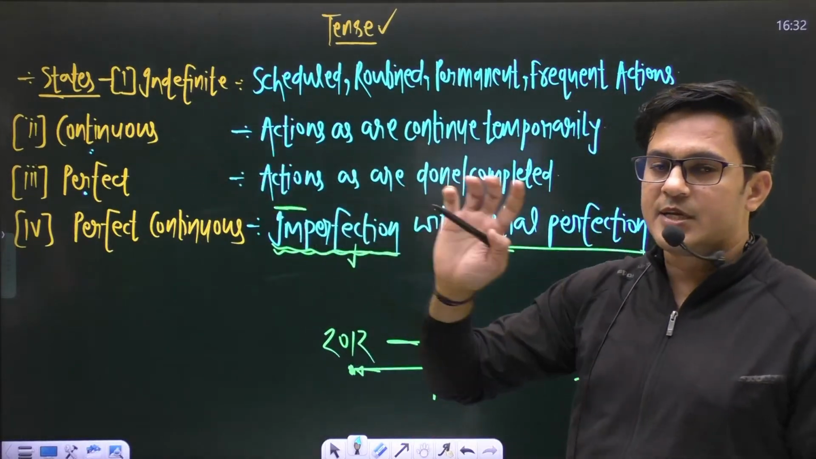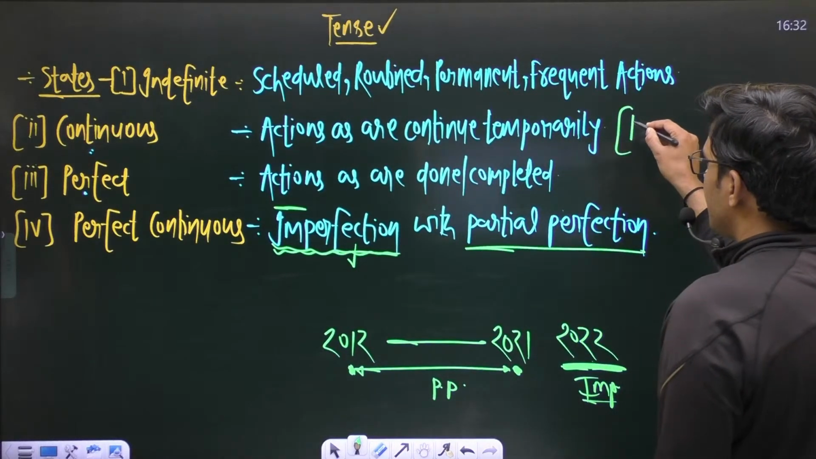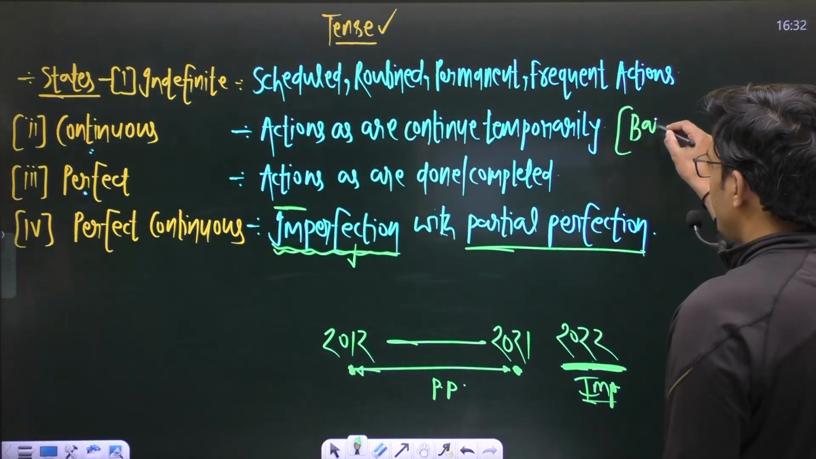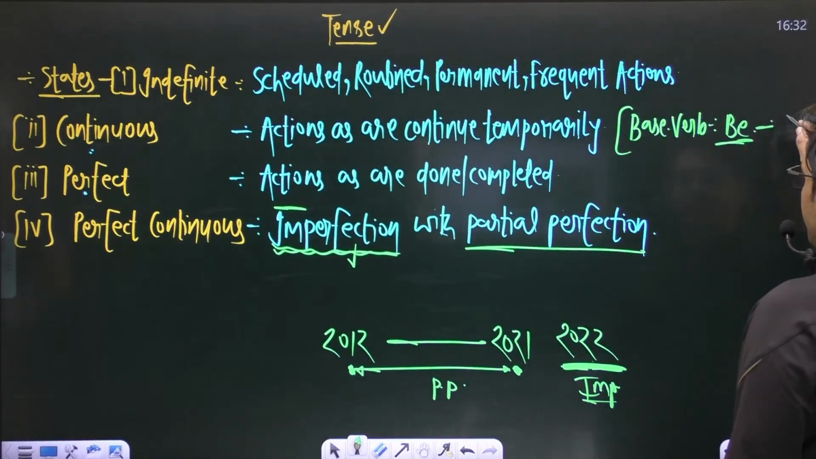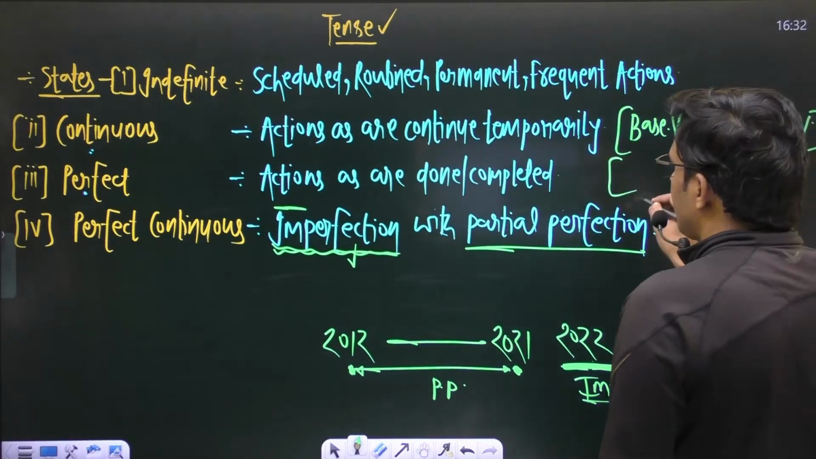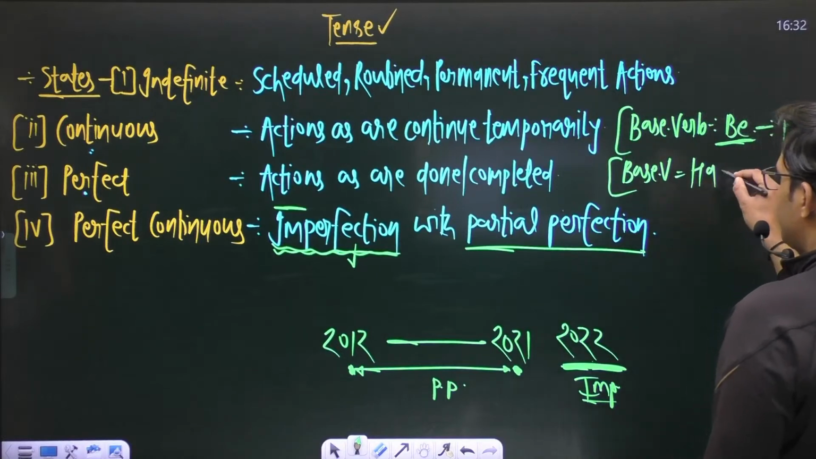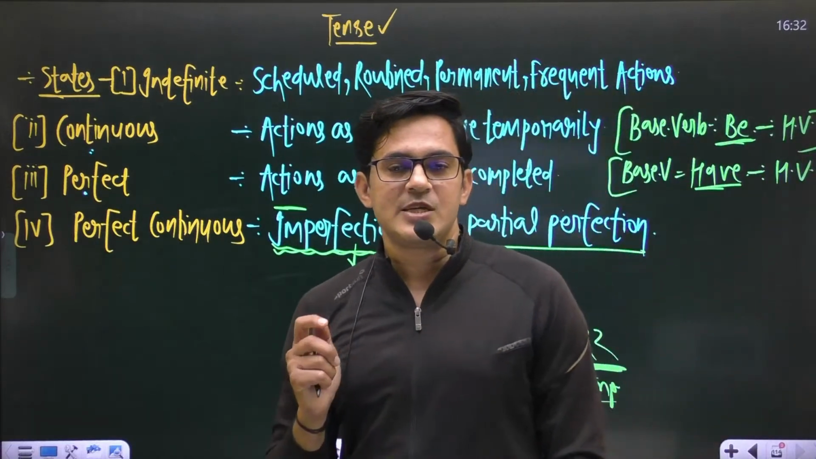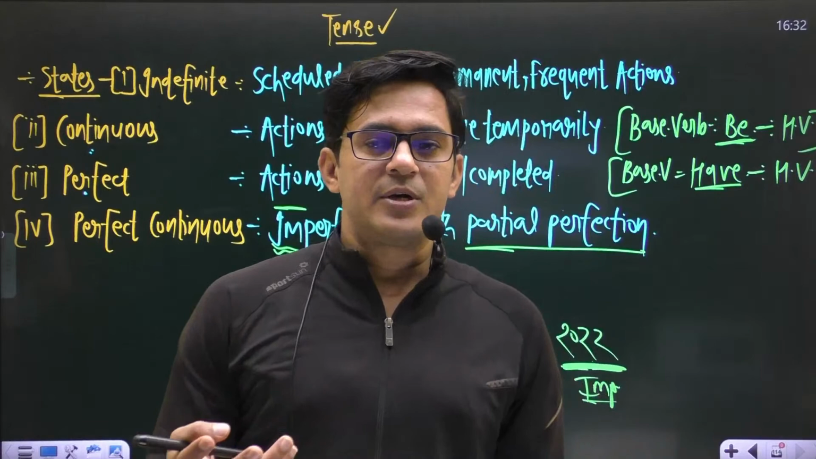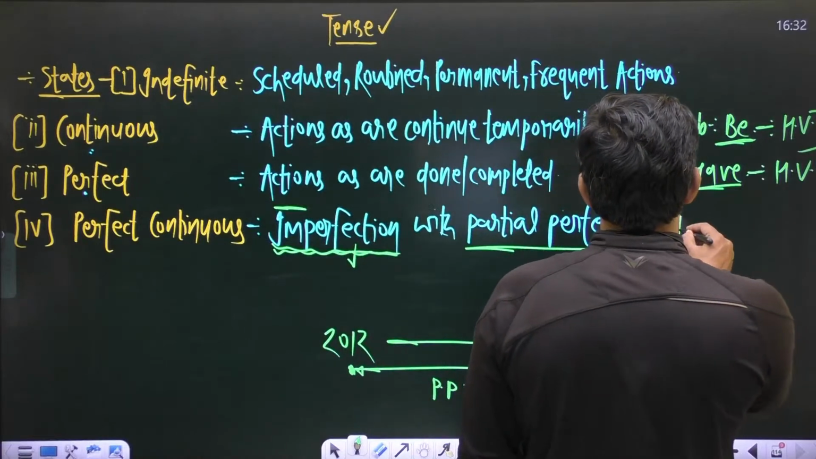we use the indefinite state. And one more thing, make sure whenever it comes to the continuous state, we use a base verb, and that base verb is be. This base verb is used as a helping verb. For the perfect state, we use the base verb have as the helping verb, and different forms of that base verb are used in the perfect state. Perfect continuous is the combination of have plus be,